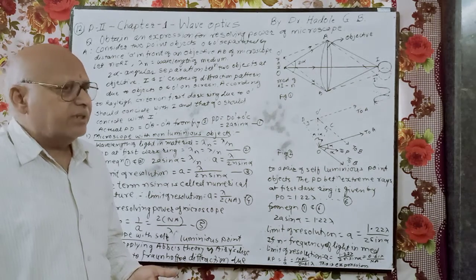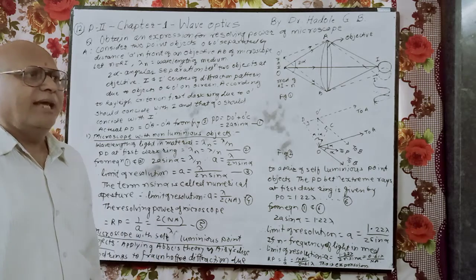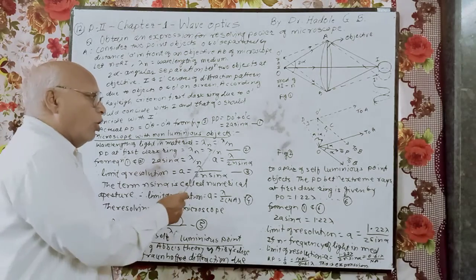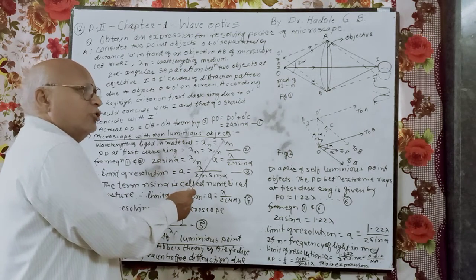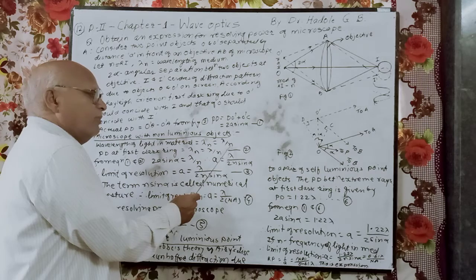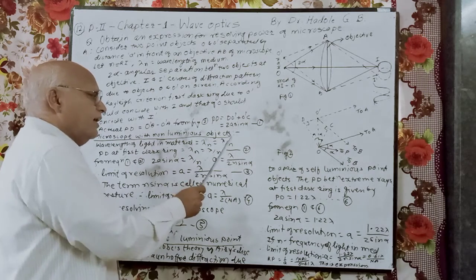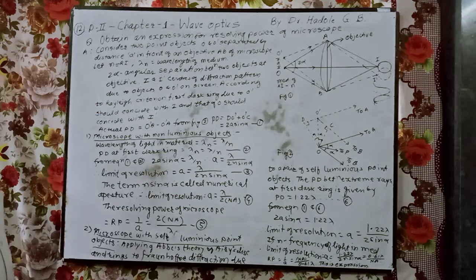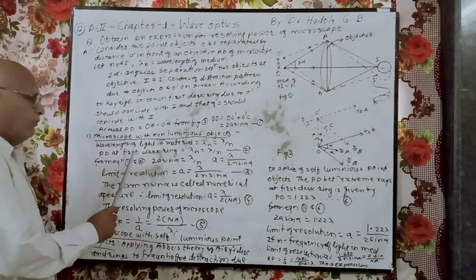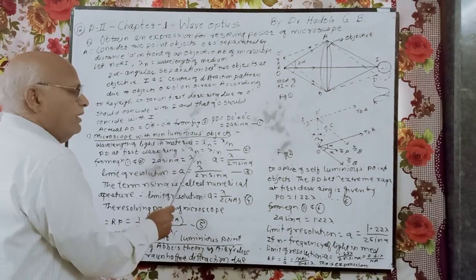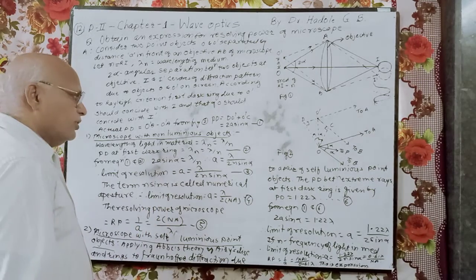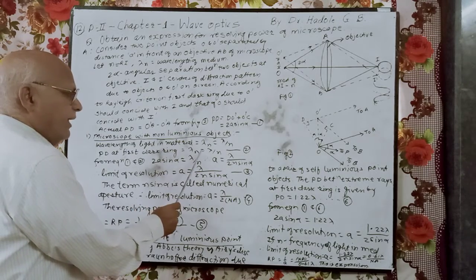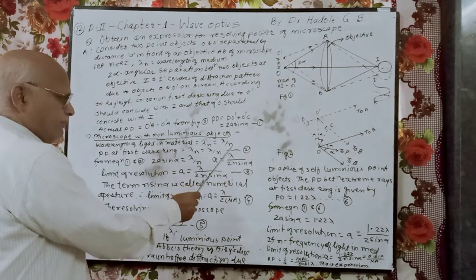n is the refractive index. By definition of refractive index, we say that refractive index is equal to the ratio of wavelength of light in air to the wavelength of light in medium, and by rearranging this we write lambda n equal to lambda by n. Next, path difference at first dark ring will be lambda n. Path difference at first dark ring, it will be lambda n. This is equation 2.